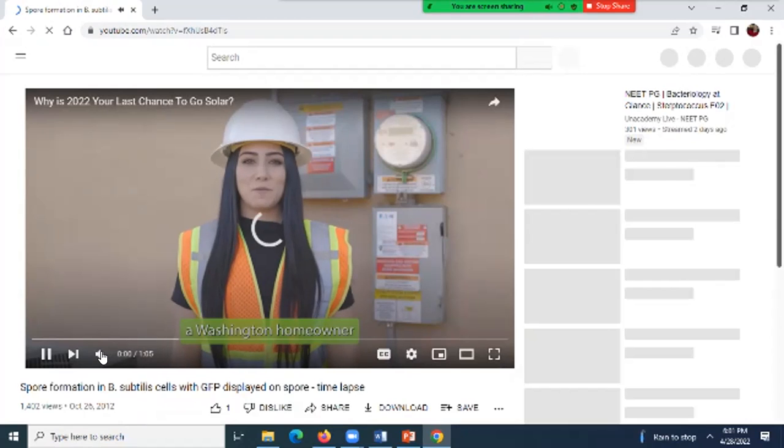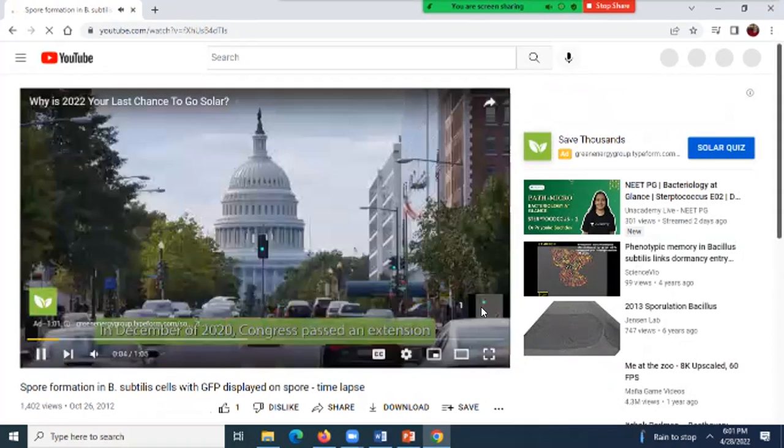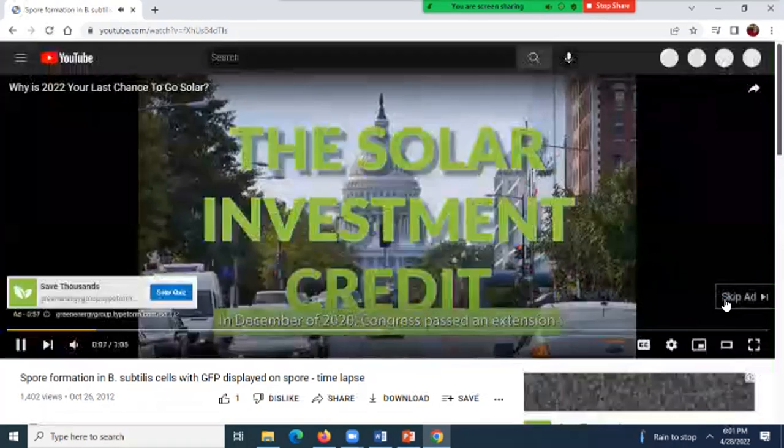And a commercial is going to start off with. Homeowner, 2022 is your last chance to go solar. In December of 2020, Congress passed an extension